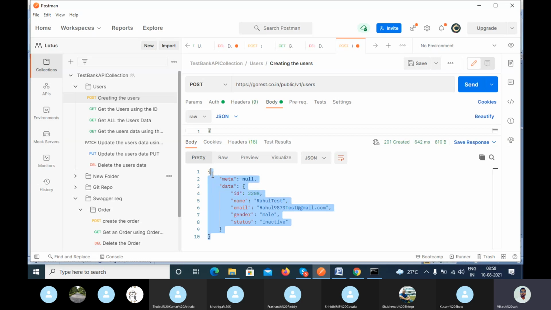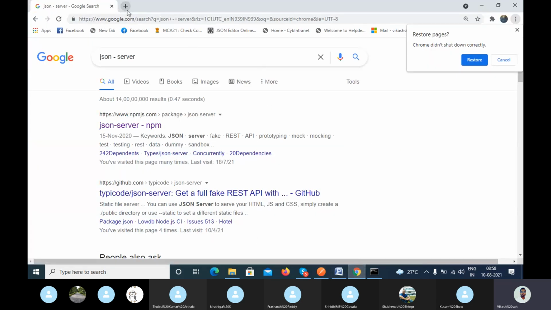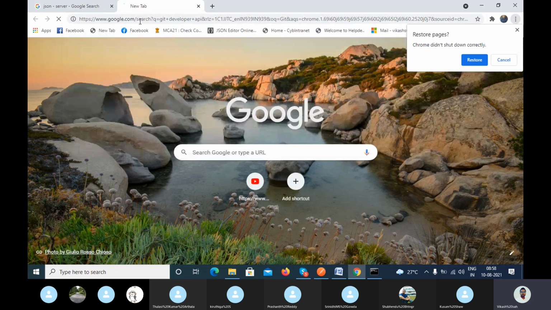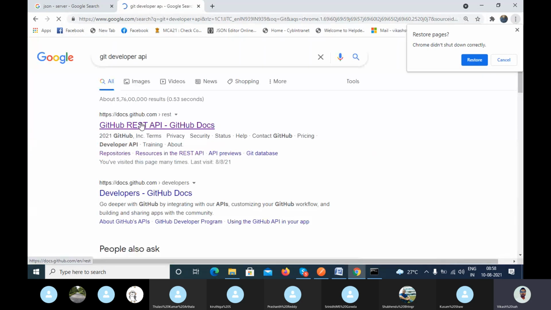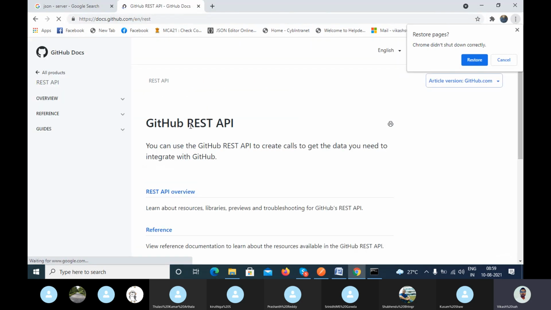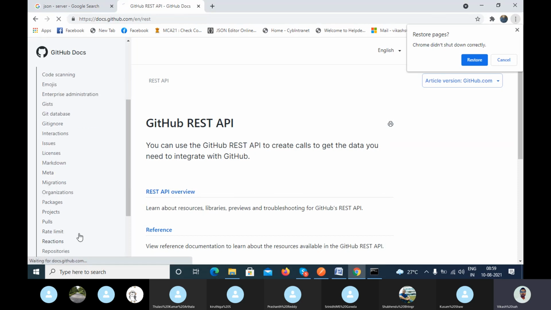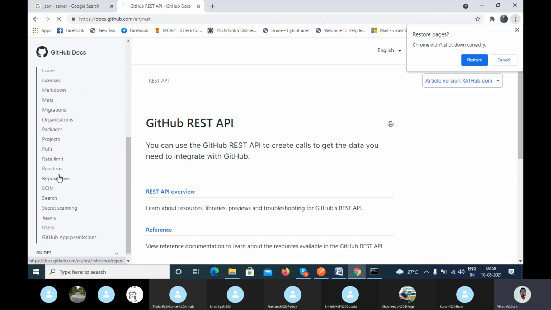I think I have already shown you the GitHub requirement, how you can verify the status code. That's why I'm asking: if you don't do the practice, you will not get it. You go to the GitHub requirement and go to the reference repository.